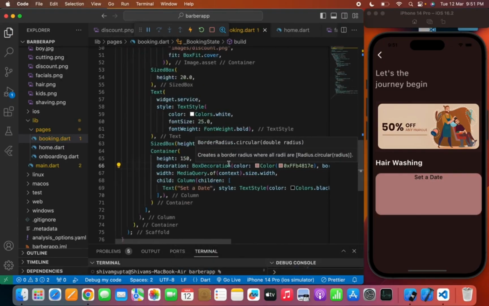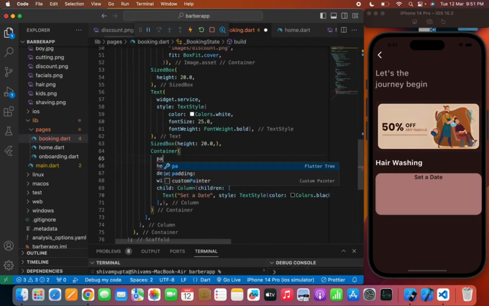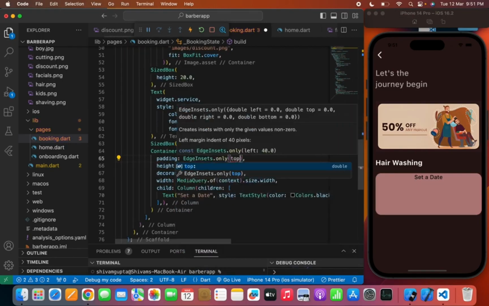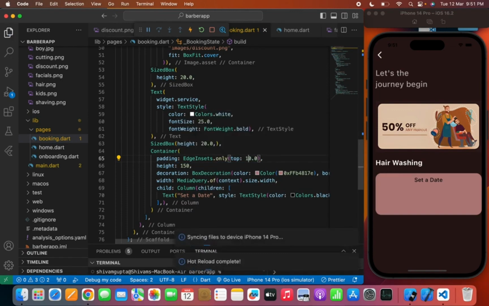Okay, now let's also provide the padding. So I will add padding, EdgeInsets dot only from the top, maybe 20.0. Now it's too much, so I will add 10. Okay,